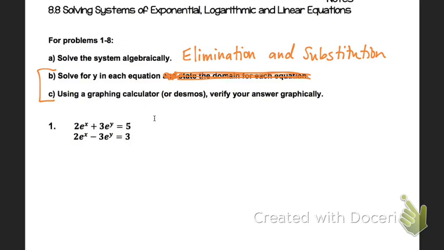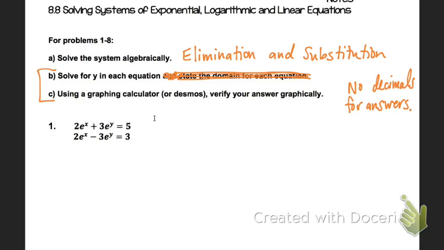The only caveat is that you have to solve for y on both of the equations, and sometimes that's a big hassle. And I also don't want your answer to have any decimals. When you find the point of intersection on your calculator, you're going to be given decimals, and I don't want your answer to have any decimals. So go ahead and put no decimals for answers. Leave it as a fraction, or it might be a natural log, or a log in there. So looking at number 1,